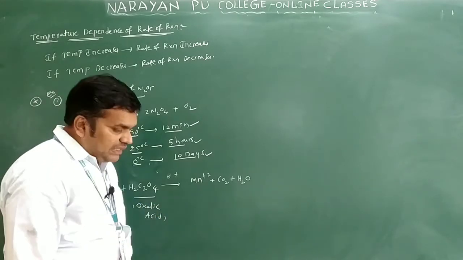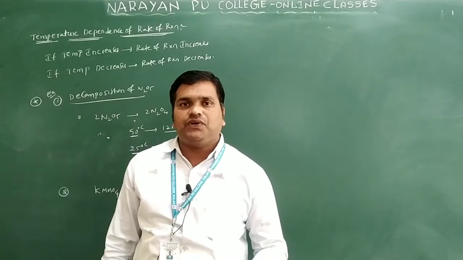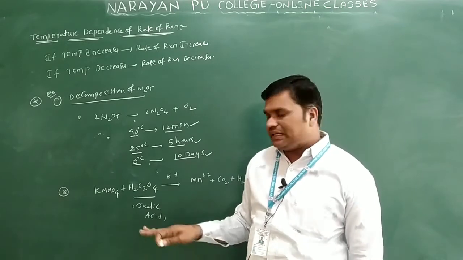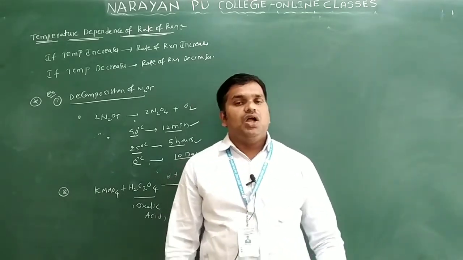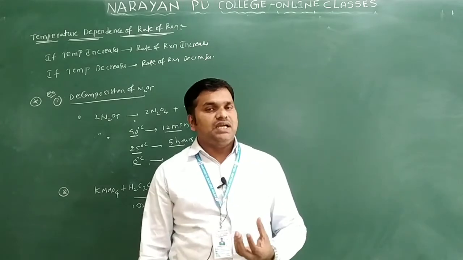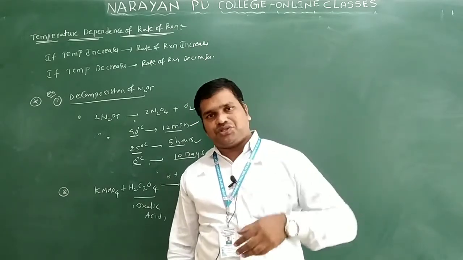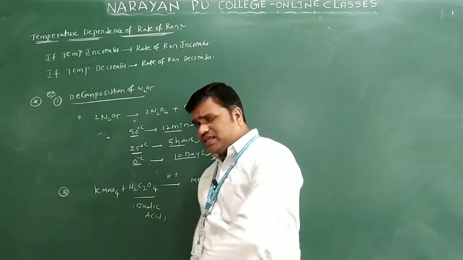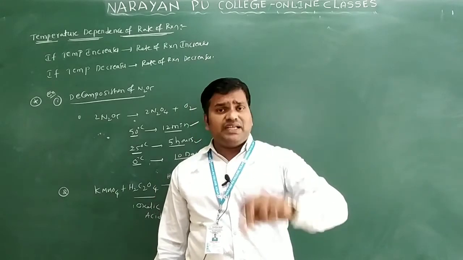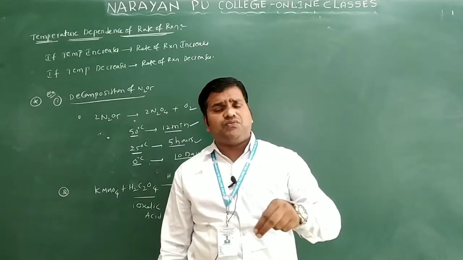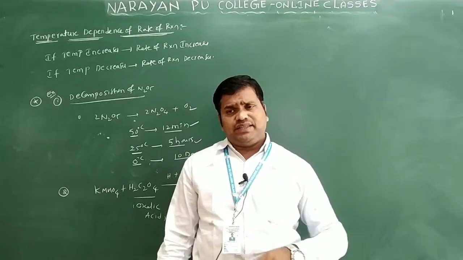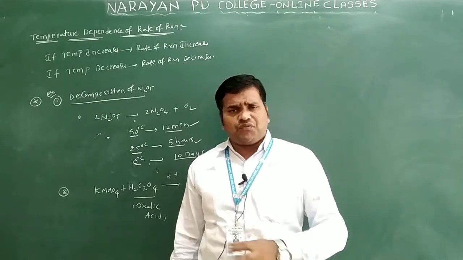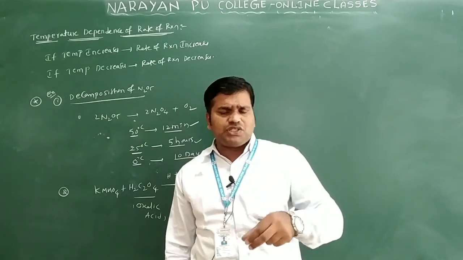In the second PUC, we have this titration. In this titration, we want to identify the molarity of the potassium permanganate by using oxalic acid, and the reaction is carried out in acidic medium. Oxalic acid we take in a conical flask. Potassium permanganate solution we take in a burette. Before starting the titration, we heat the flask containing oxalic acid for some 5 to 10 minutes. Then the temperature of the oxalic acid increases. After heating, you take out the conical flask and start the titration.